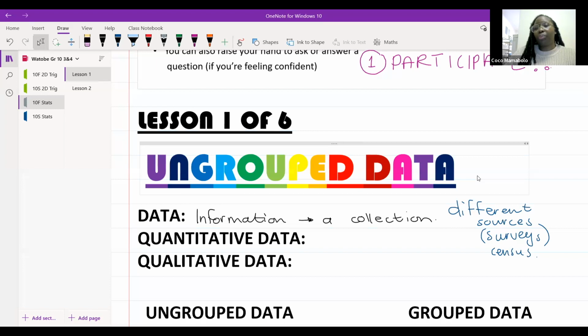Okay, so let me ask an easy question. How many people are there in the world right now? How many humans are there living on Earth? Who knows? Good, it's 8 billion. So that number doesn't just come out of nowhere. That 8 billion actually comes from something called a census.